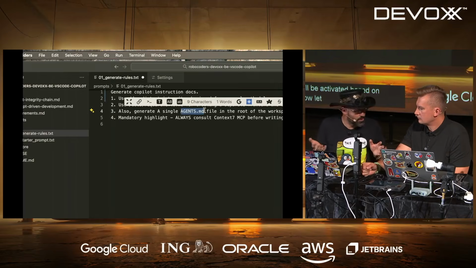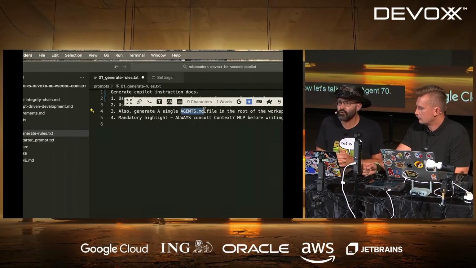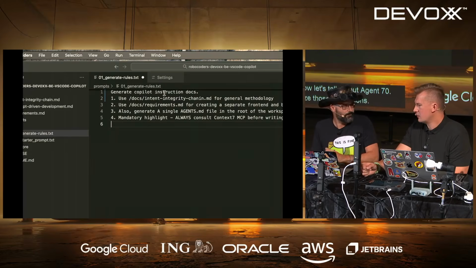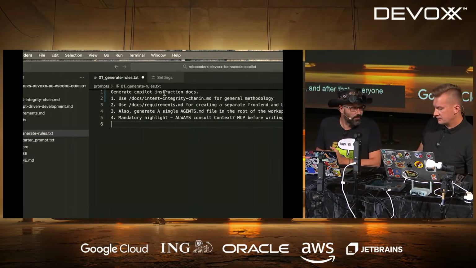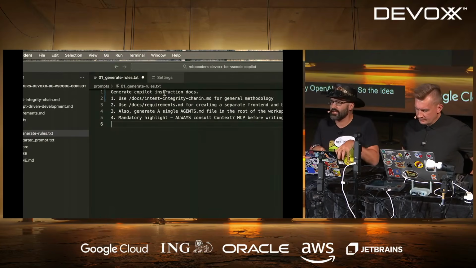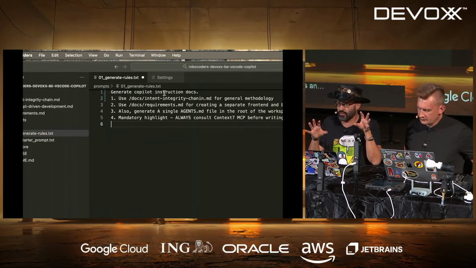Now let's talk about AgentsMD. AgentsMD is an attempt by OpenAI to standardize those instructions. It's an attempt from the community, actually. Some dude in the community just figured it out and built the site, and after that everyone was on board. But it's mostly driven, from what I saw, by OpenAI. Okay. So the idea is, just a second. The idea is every IDE has its own.